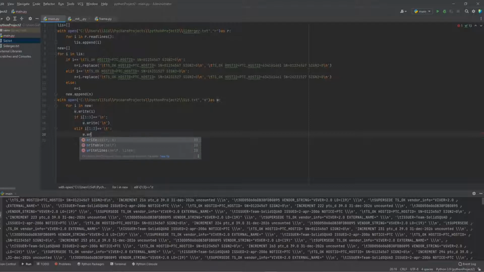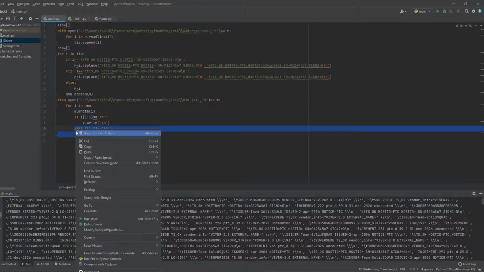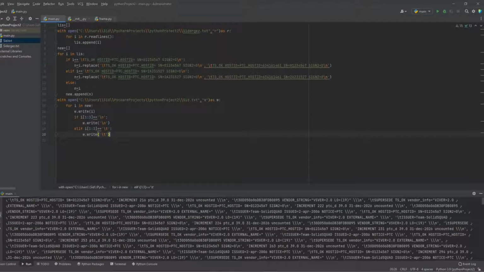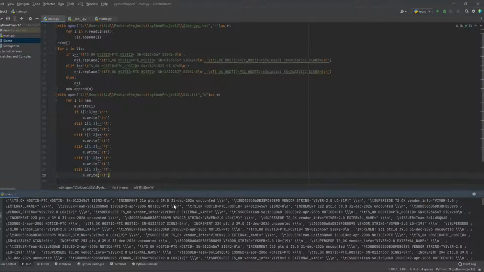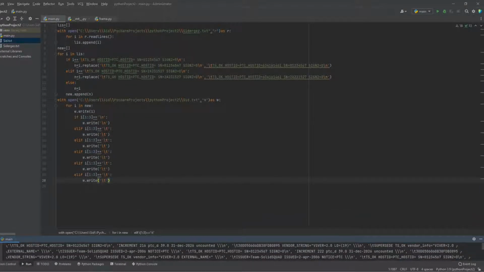w.write slash t, okay. I'm just gonna copy this and paste, copy this and paste, copy this and paste. And let me just get rid of this. Now what I need to do is put in the condition. And now for this thing, what I need to do is